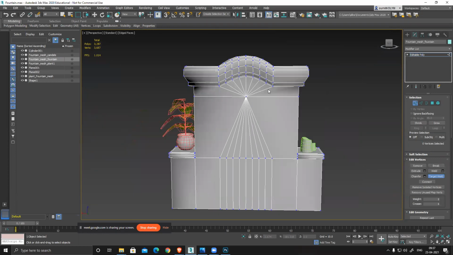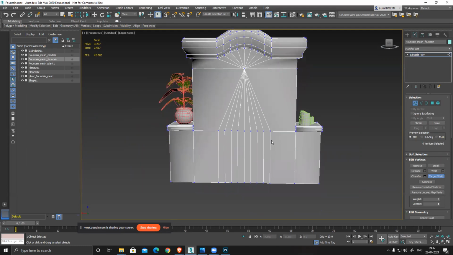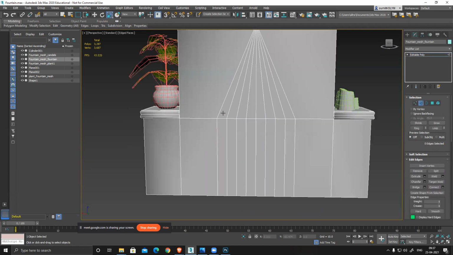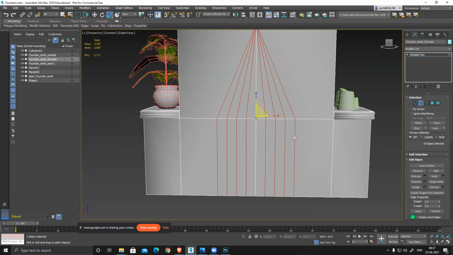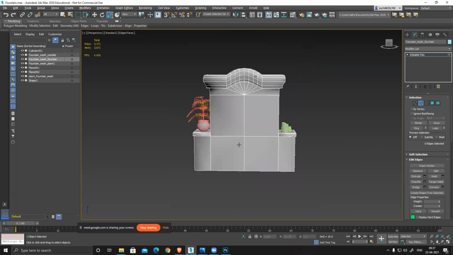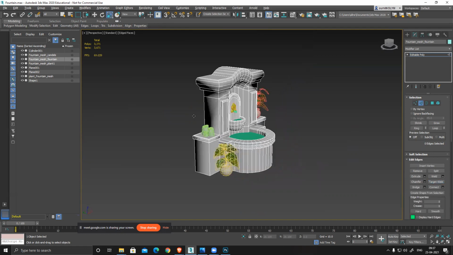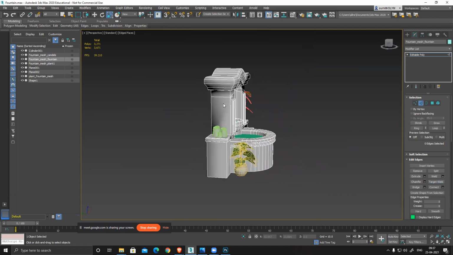And this is the back anyway, so I'm not removing anything from here. Rest everything I'm modifying, and the rest of the part I have no need of. So I can just simply select them and press control and backspace to delete them. So I have reduced a lot of polygons. Yes, if I want, I can get rid of this also. Just give me a second.